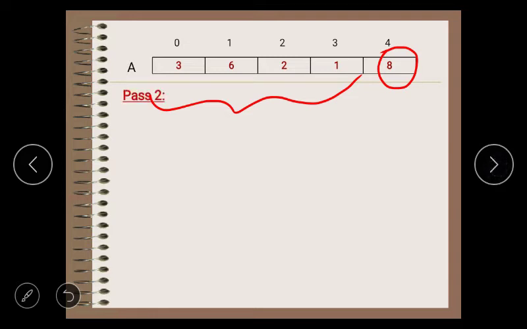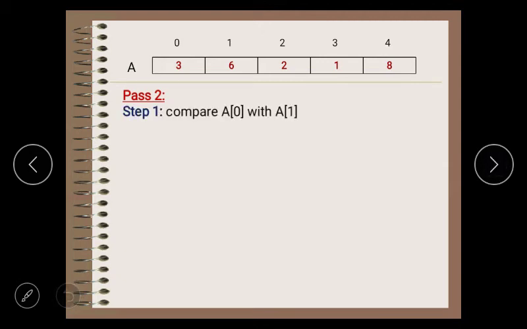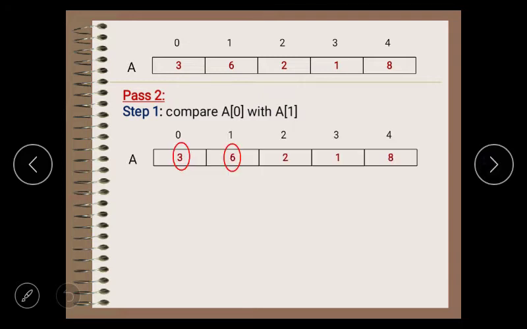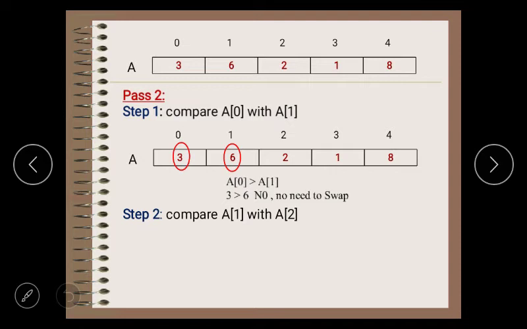So let me take pass number 2. Do the first comparison with a of 0 and a of 1. a of 0 is 3, a of 1 is 6. See the relation. Is 3 greater than 6? No. If the condition is not true, there is no need to swap the elements. Take step number 2 and compare a of 1 with a of 2.